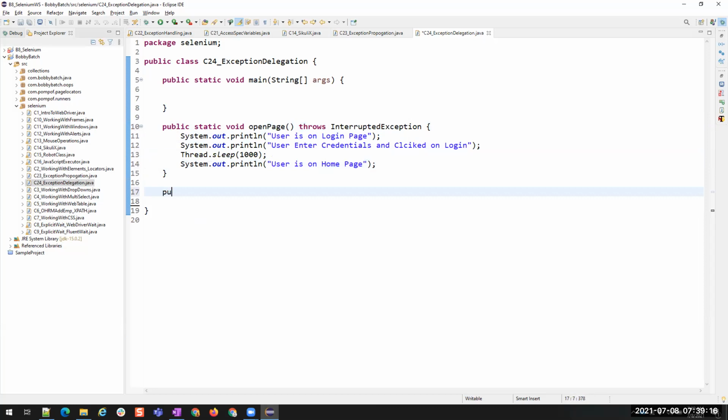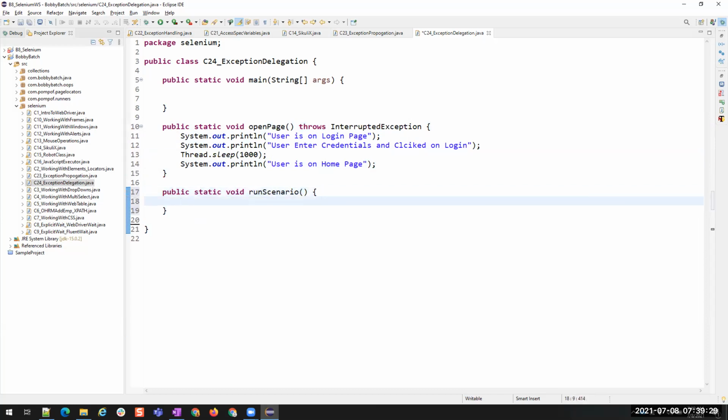Now I'll have another method, public static void runScenario. I'm running the scenario, and which scenario? Open page. So I'll just call this openPage method inside this.